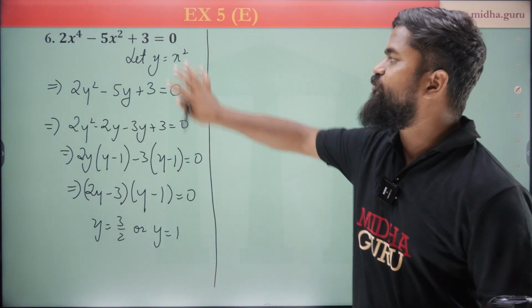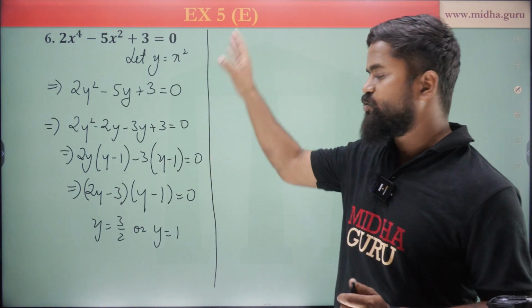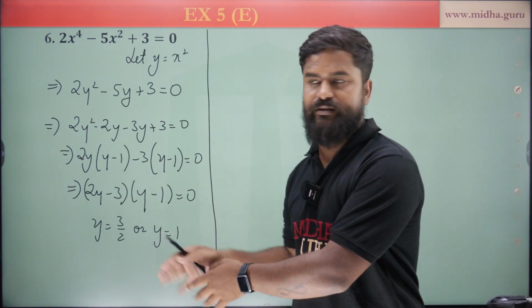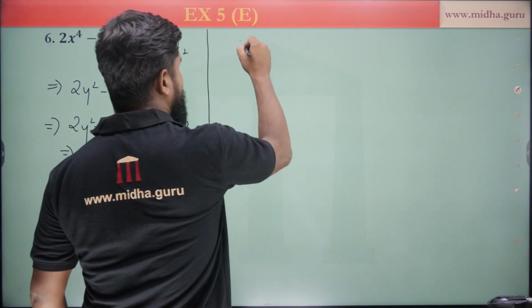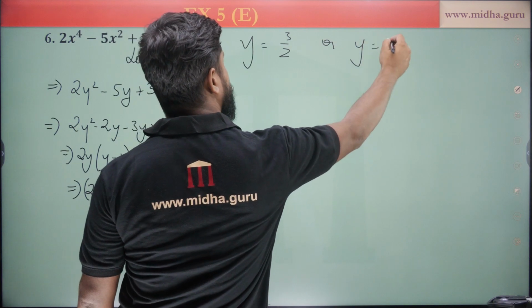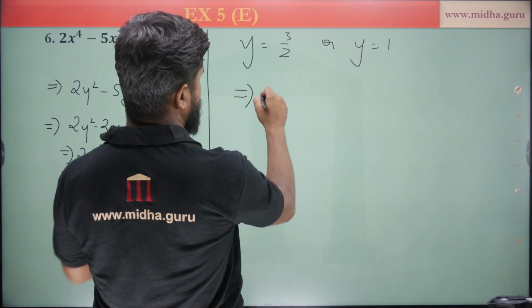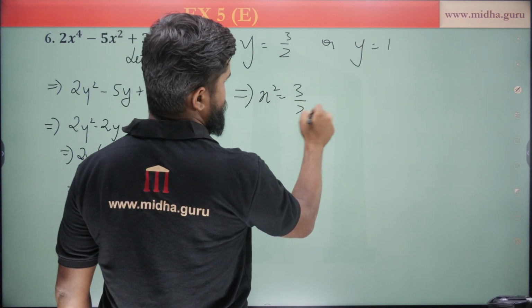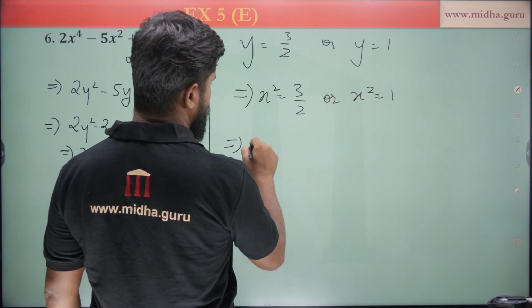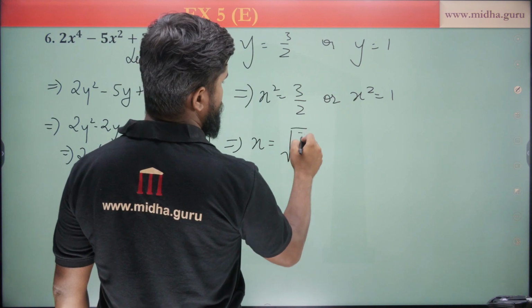But as you remember, we took y to be some value, that is x squared. So the problem isn't over yet. We have to still solve this. So now we know that y is equal to 3 by 2 or y is equal to 1. And we took y as x squared. So x squared is equal to 3 by 2 or x squared is equal to 1. Simply taking the roots, we can say